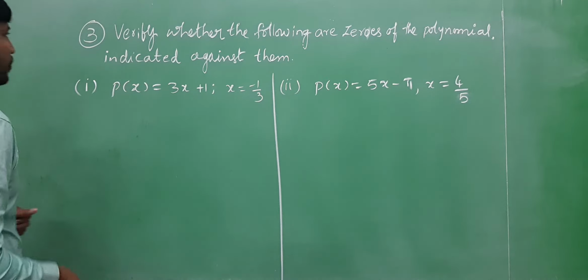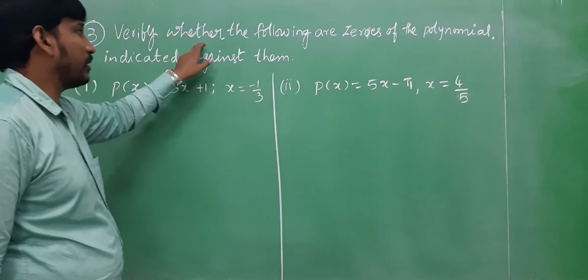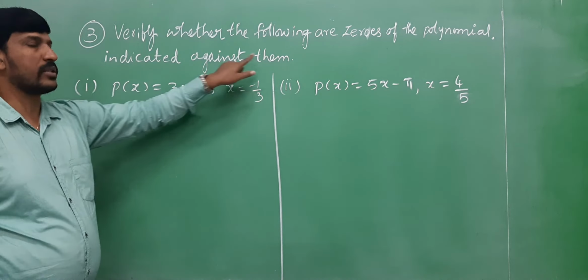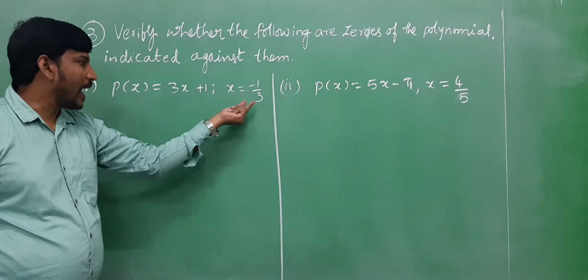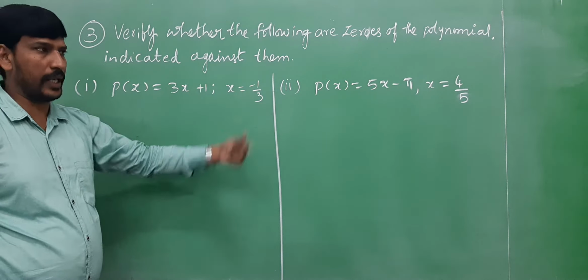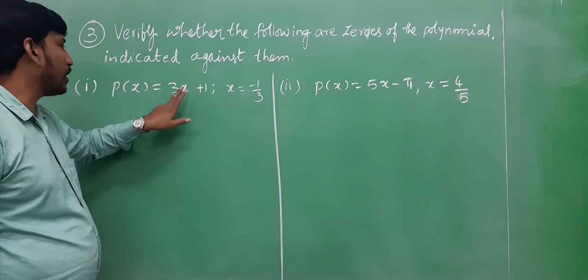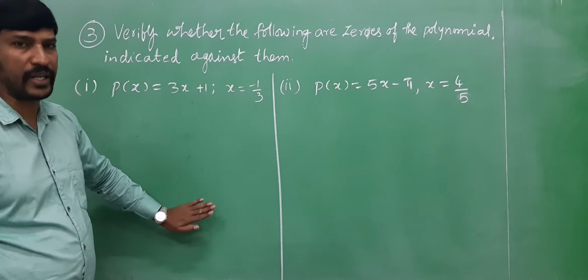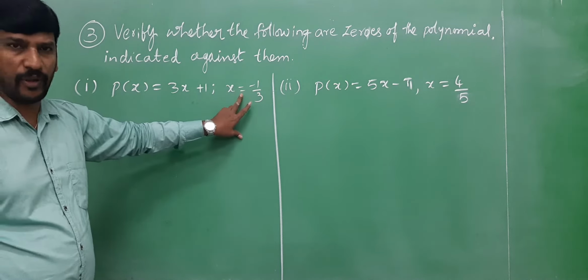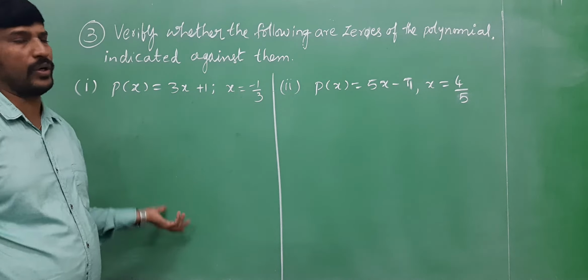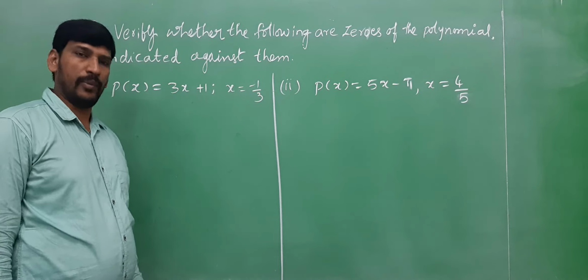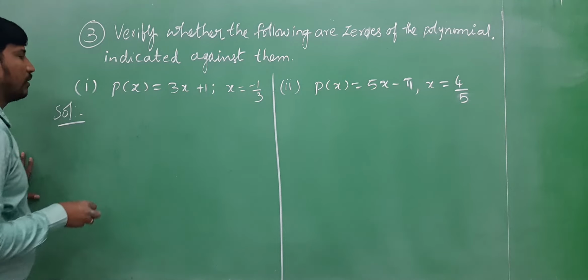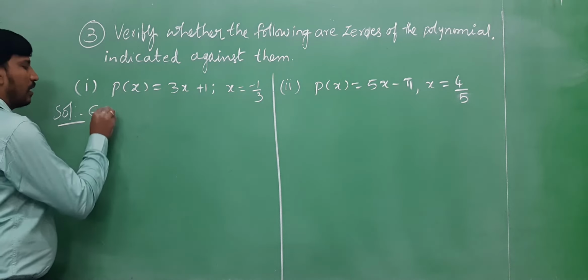Now, question number 3. Verify whether the following are zeros of the polynomial indicated against them. Whether this value is a 0 of the polynomial or not. That is, when you substitute this value in the place of x and simplify, the answer must be 0. If it is 0, then you can say it is a 0 of the polynomial. If it is not equal to 0, then it is not a 0 of the polynomial. Okay, children? Right. Solution. Given the polynomial is